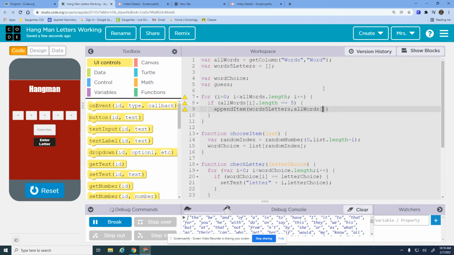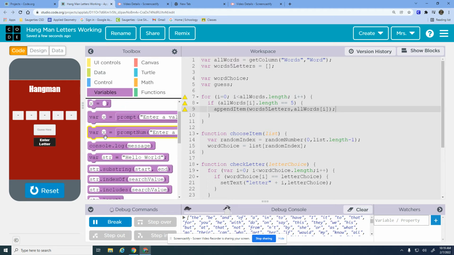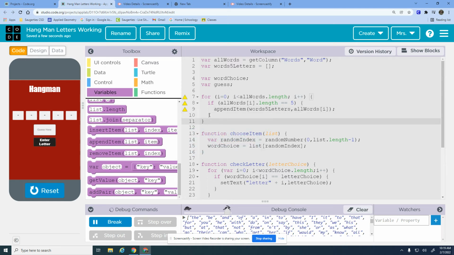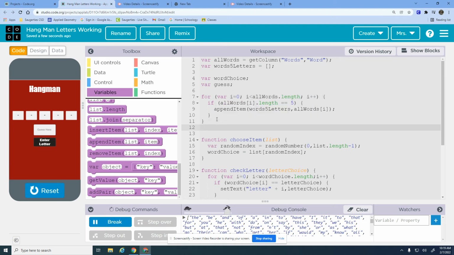So just as a reminder, even if you're typing at any point, you can go back to the blocks as long as they have a block here. I put the list I want to append into and the item I want to append. Now I definitely, so this triangle here, it says I hasn't been declared yet. I forgot the VAR in front of I. So even when you're coding, I mean, I'm not an expert by any means, but stuff comes up and you just have to kind of read the errors as they come up and try to figure out what's wrong. So I'm going to console log